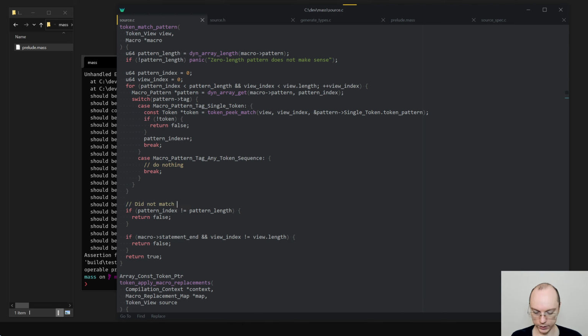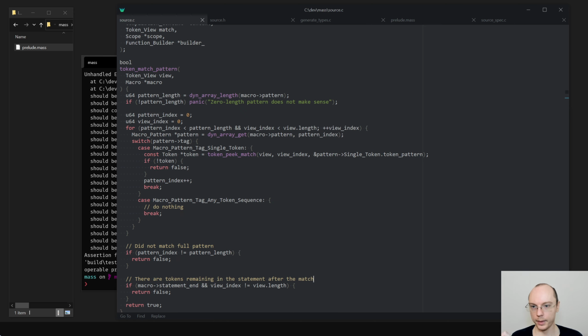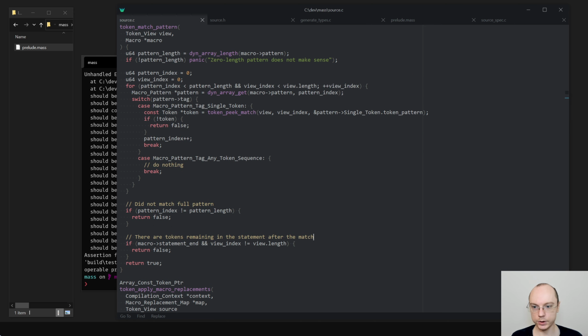Did not match full pattern, and there are tokens remaining in the statement after the statement end, after the match. Okay, so this should allow us to skip past the current assertion.